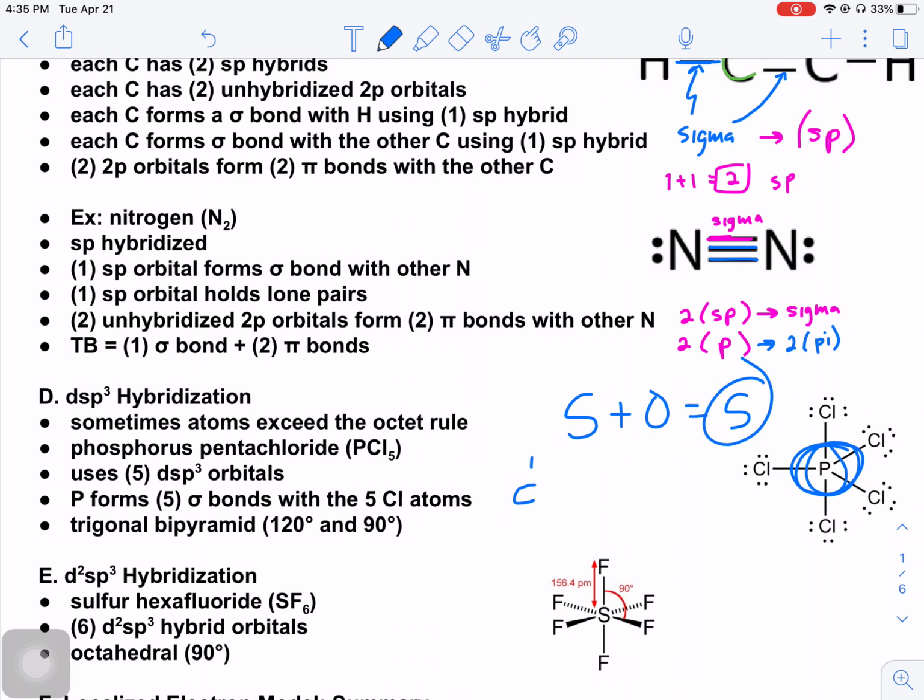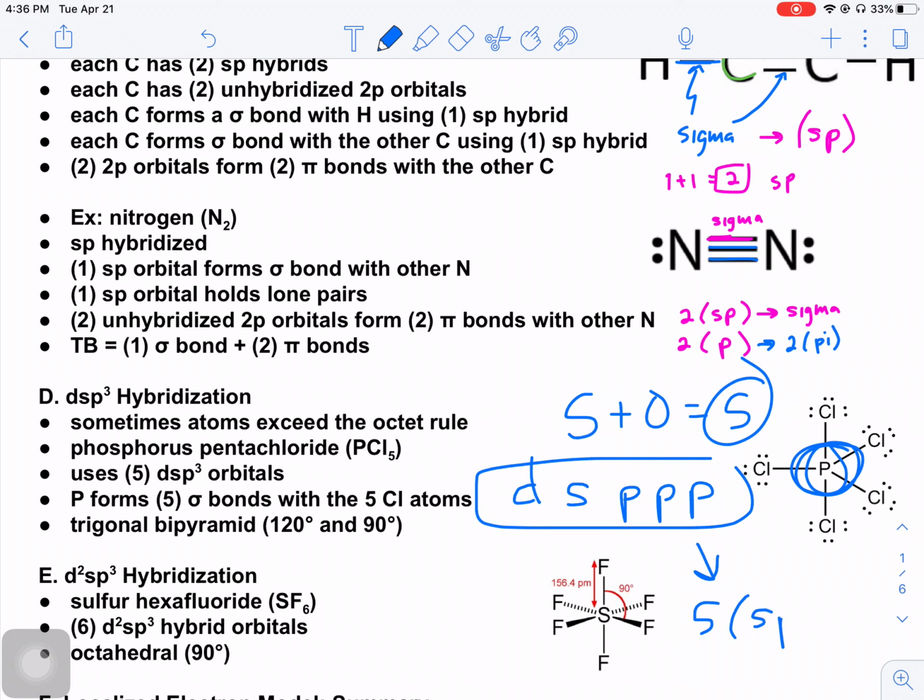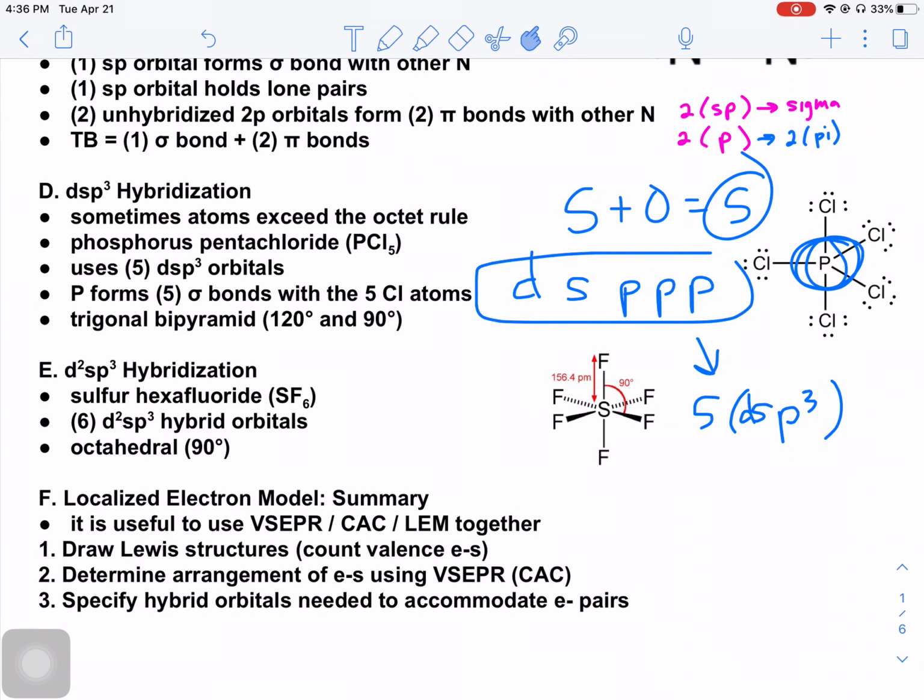So what's happening is that a d is hybridizing with one of the s's and three of the p's, and what you're ending up with is five new orbitals, five dsp3 hybrids, okay? So if your effective pairs is 5, it's going to be dsp3 hybridization. And take a look at sulfur hexafluoride. Sulfur is the central atom. Sulfur has 6 neighbors. Sulfur has 0 unshared pairs, so sulfur has 6 effective pairs, and you're going to end up with 6